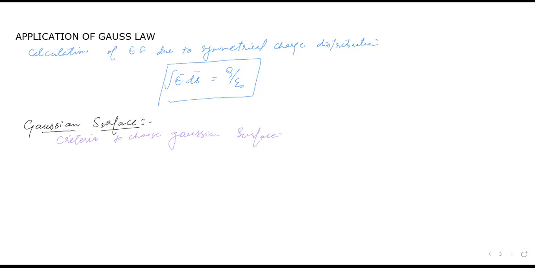Criteria to choose a Gaussian surface. The first one is that the surface should be closed. If the surface is closed, then your formula is the integration of E dot ds is equal to Q over epsilon naught. The second condition is